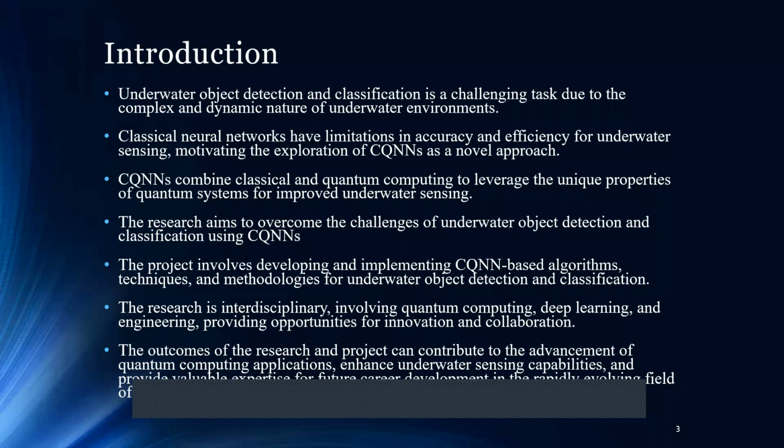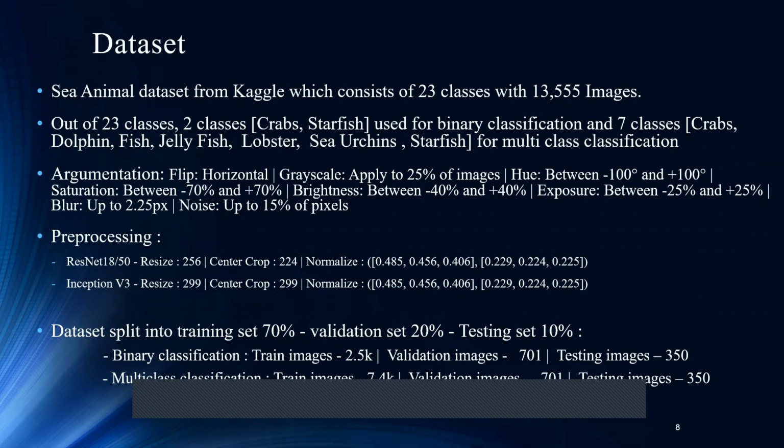So other than this, it has a huge capability in oceanography and fish farming, etc. Like we could make more exploration over it. So we just try to use a novel approach of QCNN to predict more efficiently than a classical network. So we have used a publicly available dataset called the C-animal dataset from